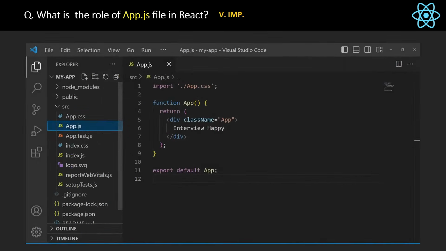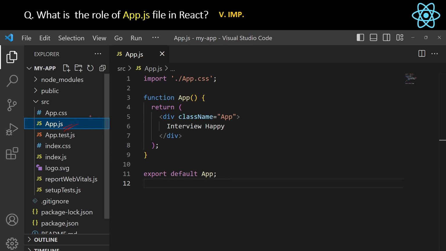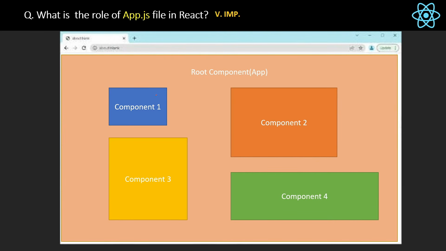Now here is our first component file of the React application inside the source folder. App.js is the root level component in a React application, and it is responsible for rendering all the other components. So that is the simple answer. Now suppose this is your web page and inside this you have multiple components like this. Maybe you have 1, 2 or 100 components, but you will always have a root component inside which all these child components will be placed like this. And this app component is the default root component in React. We also say it is like the main or top component or root component. You can name it anything.